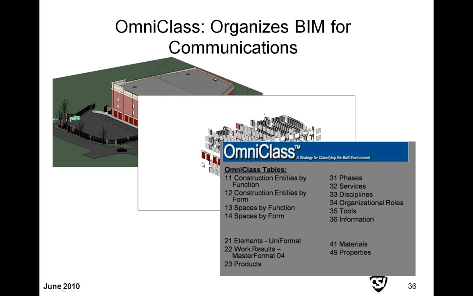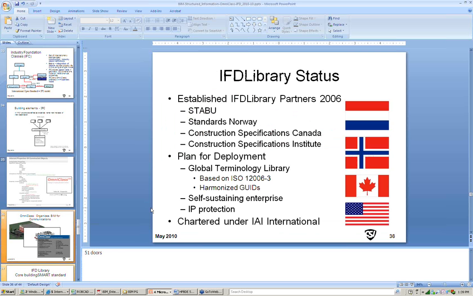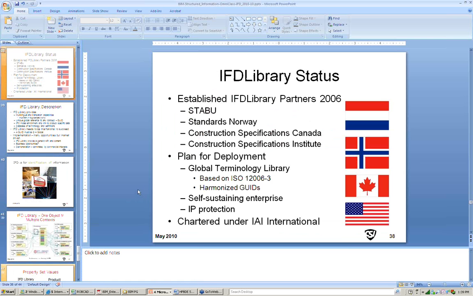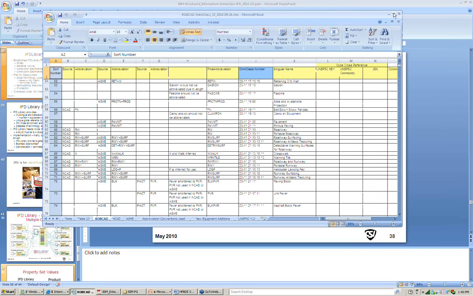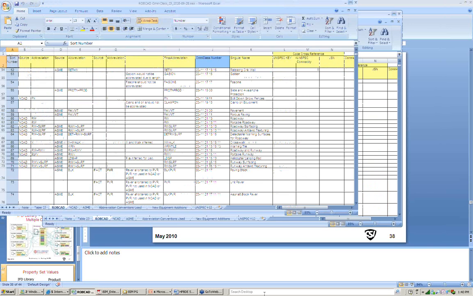So what OmniClass really does is give us a way to organize what's in the BIM for communication. And an example of that I wanted to share with you is some work that the GSA is doing. In fact, the OmniClass products table, ignore that IFD library thing for a minute,